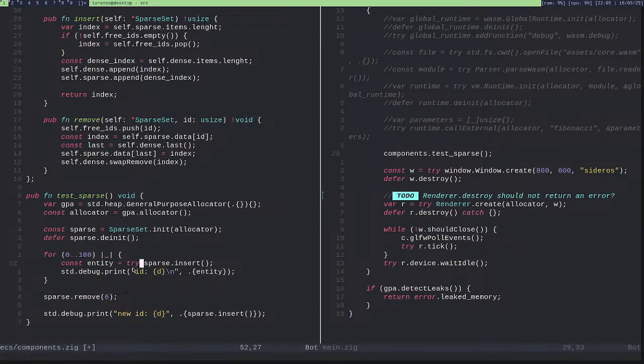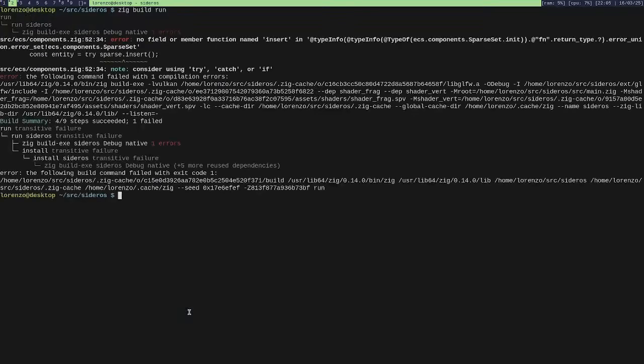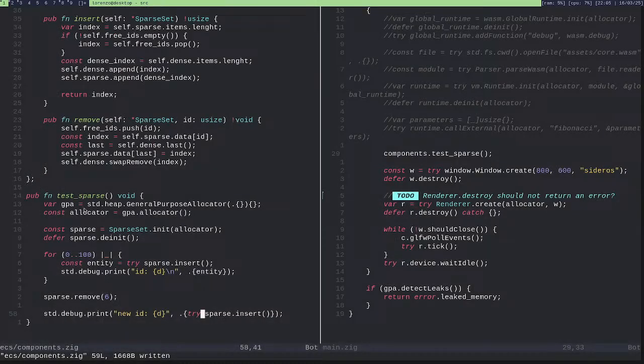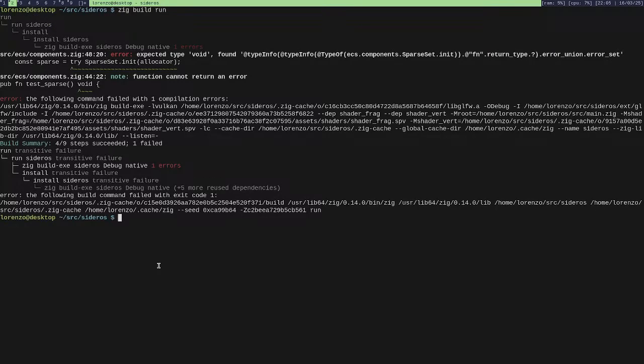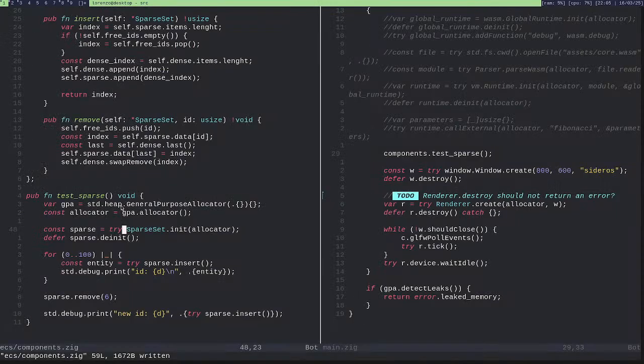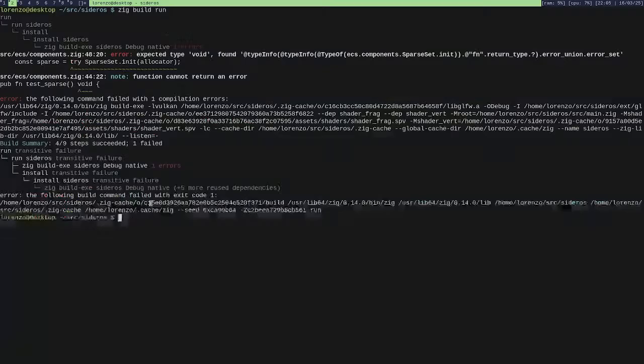Insert try and same thing here. Okay. Because sparse should also be a try. What else?